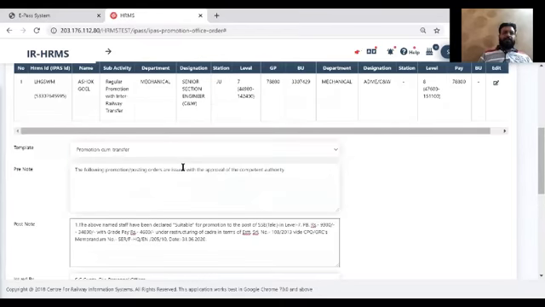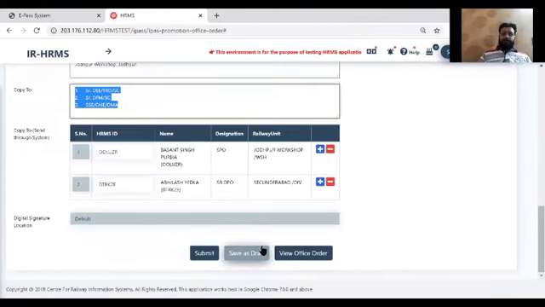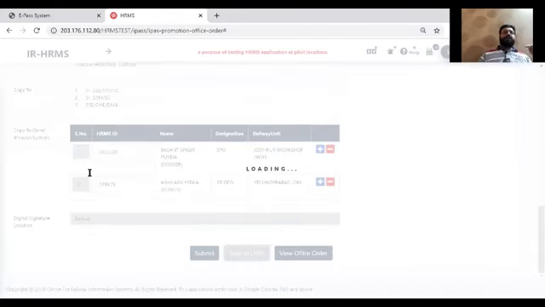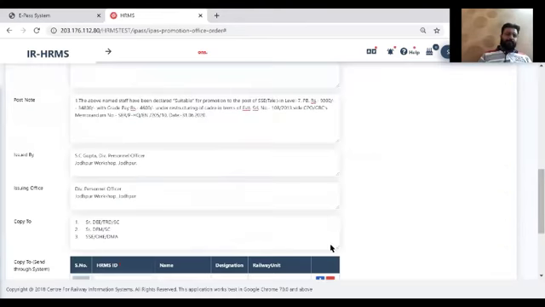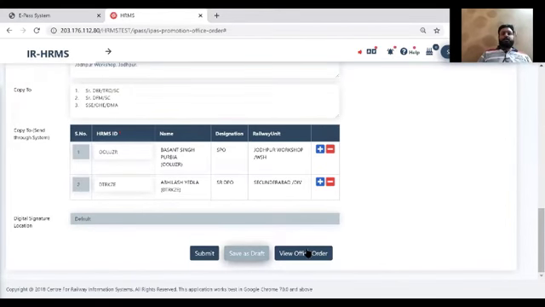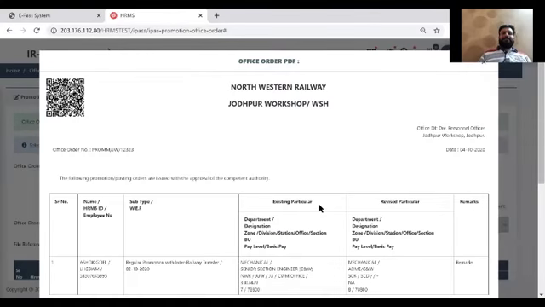Now everything is okay. If I need to add more employee, I have a plus button here. I need to delete anyone, I can click minus button here. So now employee have two options here. Either he can submit this information or save as a draft. So save as a draft will save a copy of this office order, and you may edit this copy in near future whenever you want to submit. So another option we have here is view office order. So view office order is just a preview.